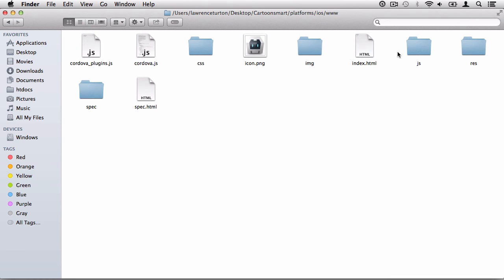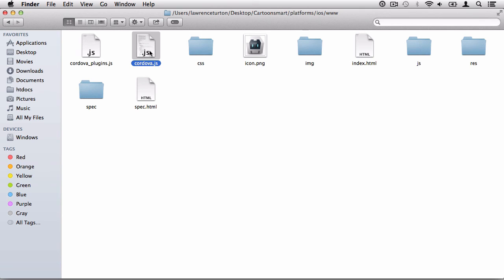All the platform projects have the same HTML, CSS, and JavaScript files. However, after that, the Cordova.js file is added in for each platform's project, enabling the index.html file to locate the